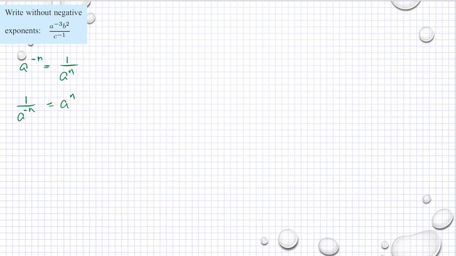So this one, a raised to negative 3 is the same as 1 divided by a raised to 3. And remember that this one under, c raised to negative 1, is the same as 1 divided by c raised to 1, or just c. So if we simplify those, then we have